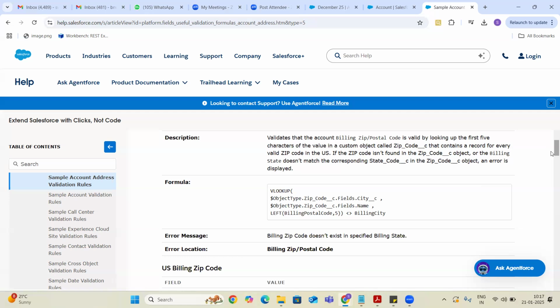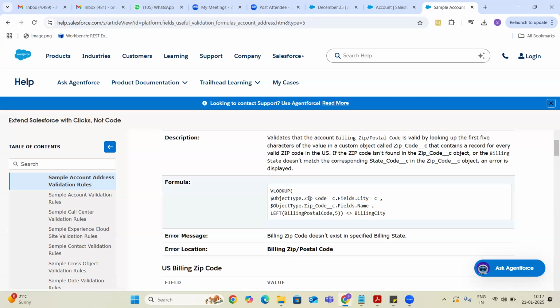This is an example of how you can access another object in Salesforce, for example accessing the zip code object from the account object.